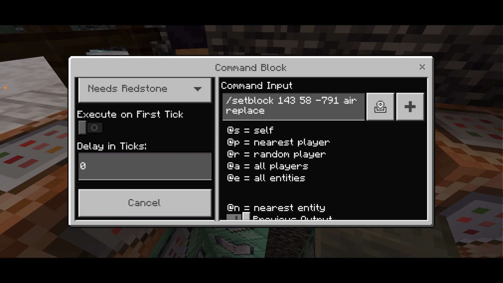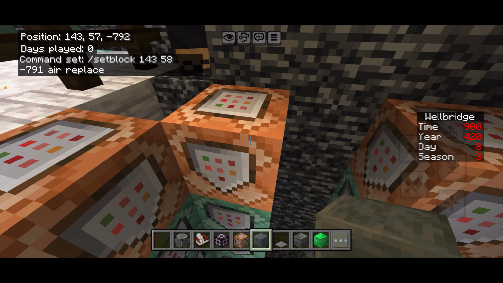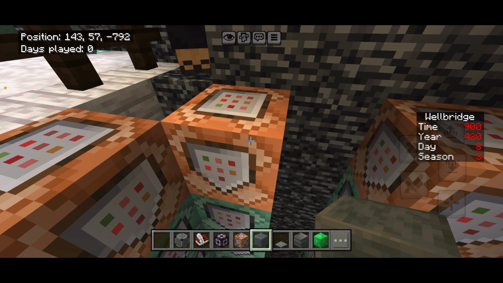Perfect. Now, I'm going to put down the phone real quick. I am going to set up, there's going to be a pair for each one of the seasons. So for season 1,